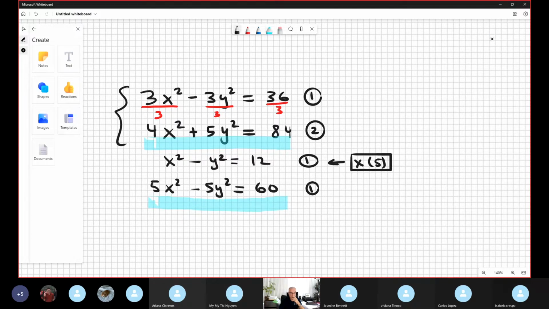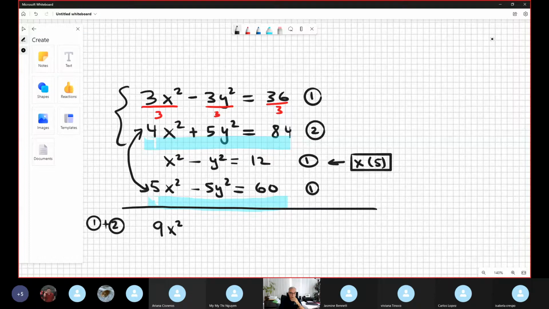Okay, you're adding equation 1 plus equation 2. Look, this and this together is 9 x squared equal, so 84 plus 60 is 144. Divided by 9, both sides,